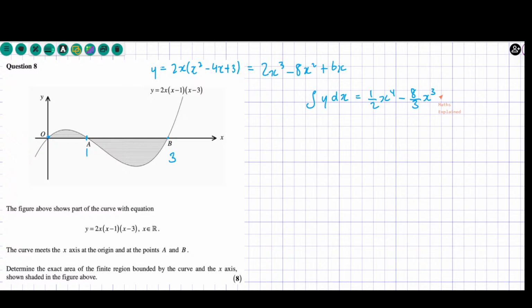Apologies for the confusion. This is going to be 3x squared plus c. Okay, so now, let's look at this first area. So let's do the integral of y from 0 to 1. So this is going to be the indefinite integral